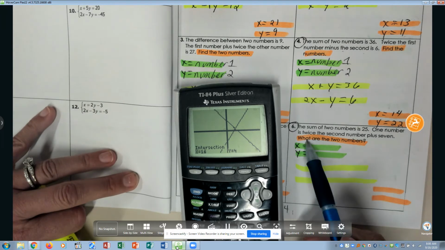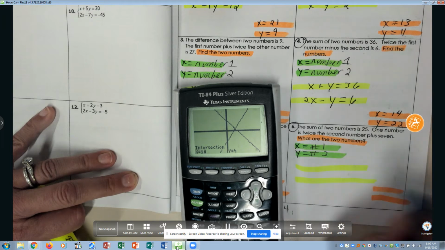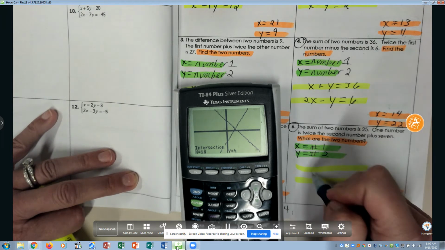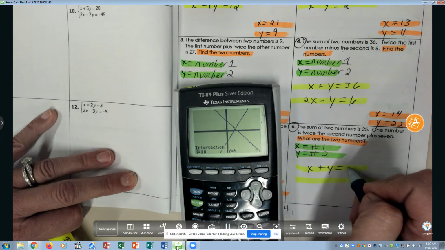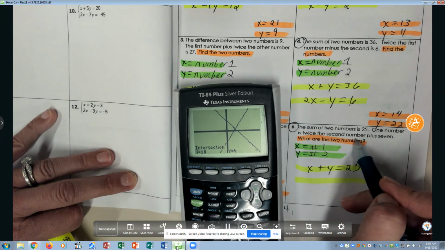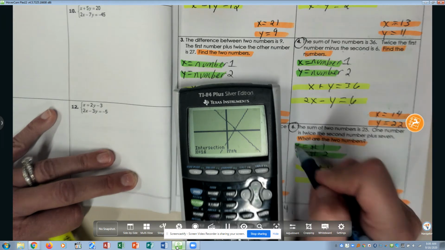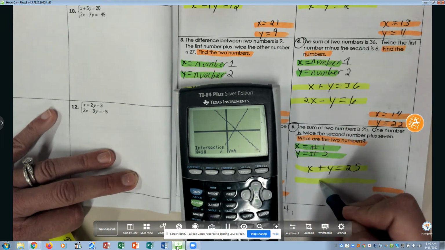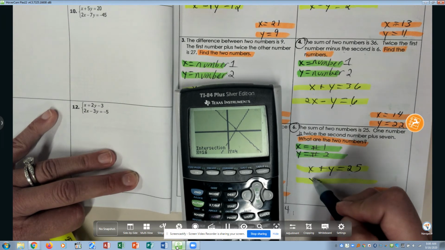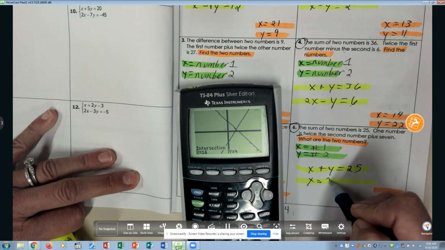All right, what are the two numbers? So again, number 1, number 2. The sum of the two numbers is 25. Sum means addition. One number is twice the second number plus 7. So one number is, whenever you see the word is, you know we're dealing with an equal sign. So one number is twice the second number